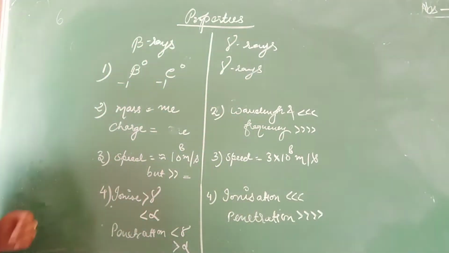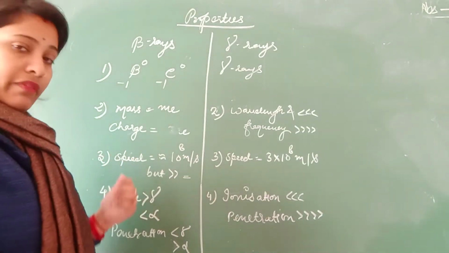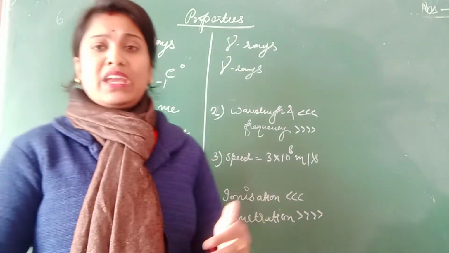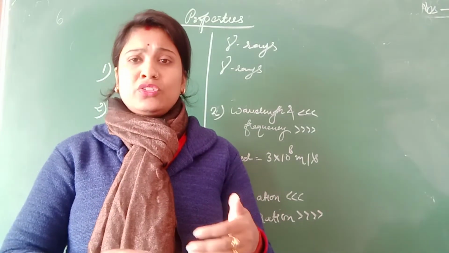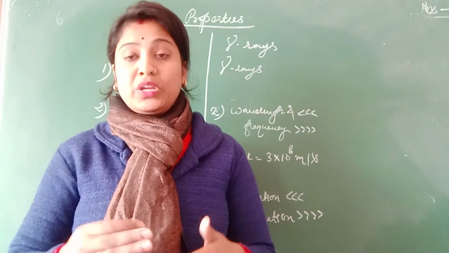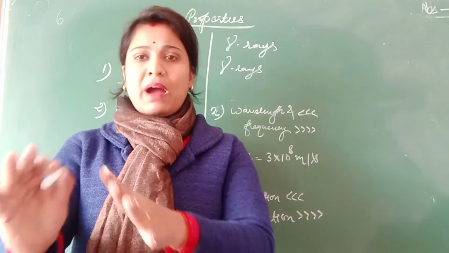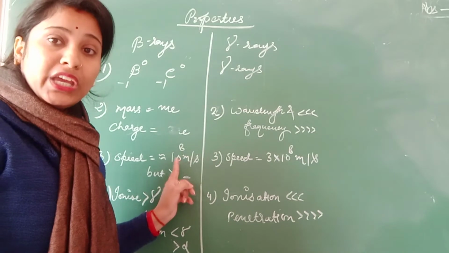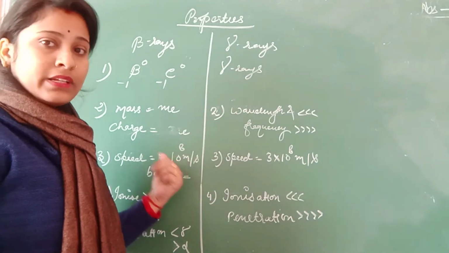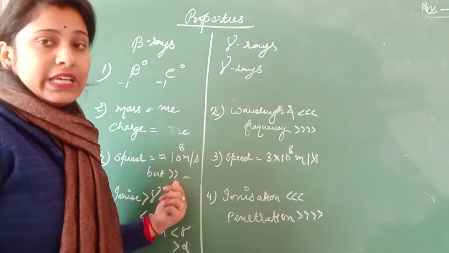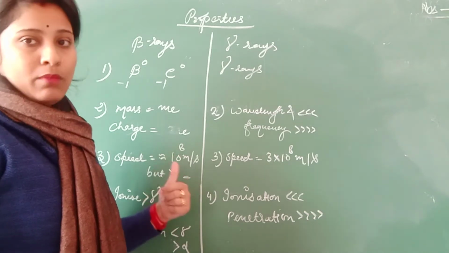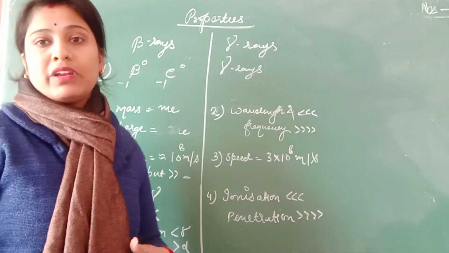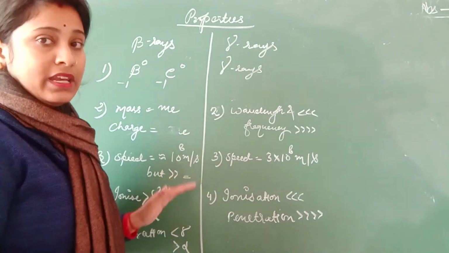Now regarding the speed, beta particles travel with a speed of the order of 10 to the power 8 meters per second. That means we can have anything like 2 into 10 to the power 8 or something to the power 8. But keep in mind the speed of light is also 3 into 10 to the power 8, which is also of the order 10 to the power 8. But the speed of beta will be less than the speed of light. This we have to keep in mind. It can be 2.99 into 10 to the power 8, but it must be less than the speed of